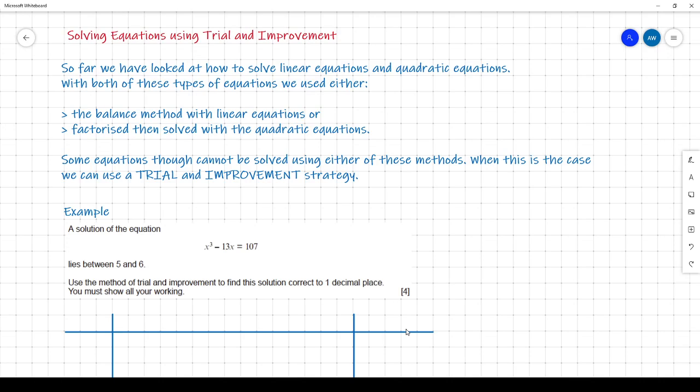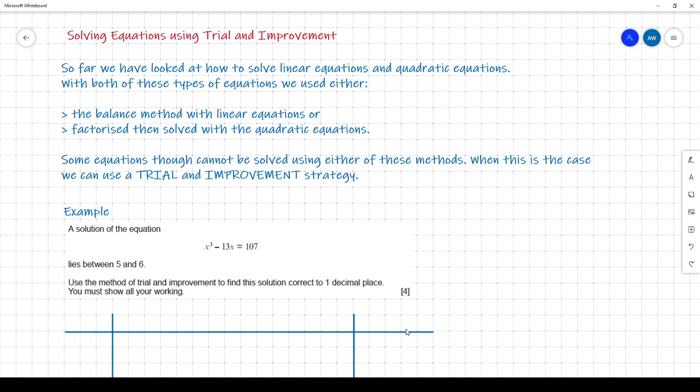Okay, in this video we are looking at solving equations using trial and improvement. So far we have looked at how to solve linear equations and quadratic equations. With both of those types of equations we either use the balance method when solving linear equations, or when we looked at quadratic equations we factorized them into two sets of brackets and then solved them with the either-or strategy at the end. So with linear equations we had one solution typically, and with quadratic equations we had two